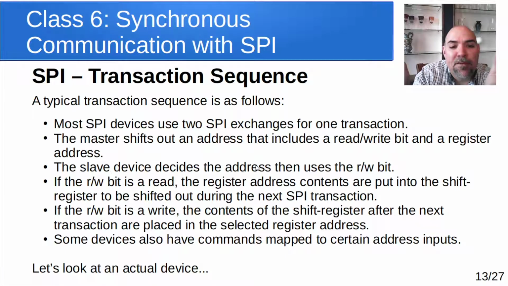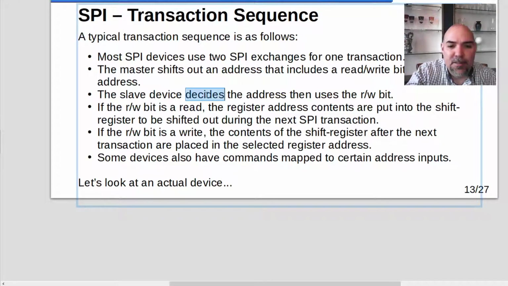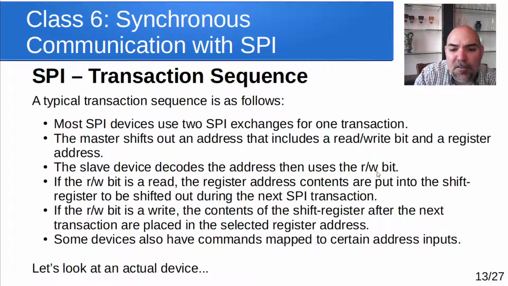But after that, we've exchanged that, and we've told the slave, hey, this is the address I want to read from you, or the address I want to write from you. The slave device then decodes the address. And then it looks at the read-write bit, and it decides, they sent me an address. Do they want to read from that address? And again, this is an 8-bit address where 1 or 2 bits have been removed. So we're not talking about a lot of address space here